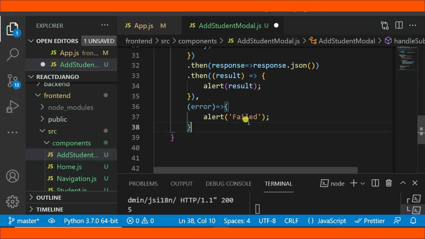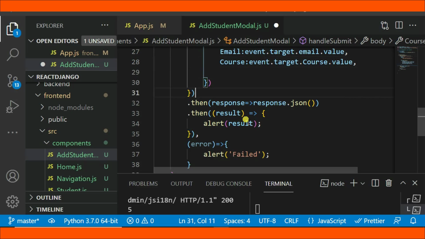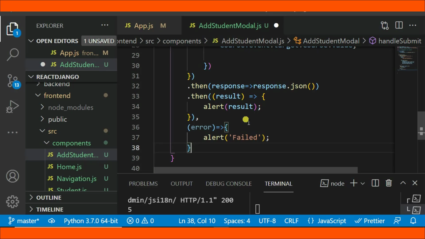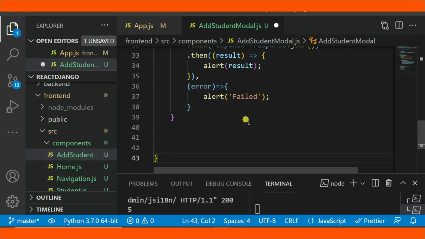Okay, alert failed. So after that, what I need to do here,